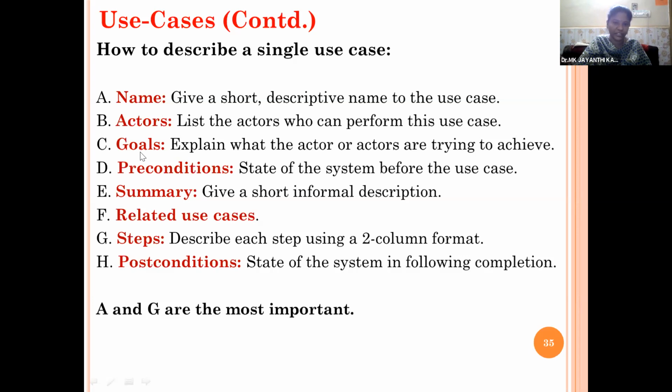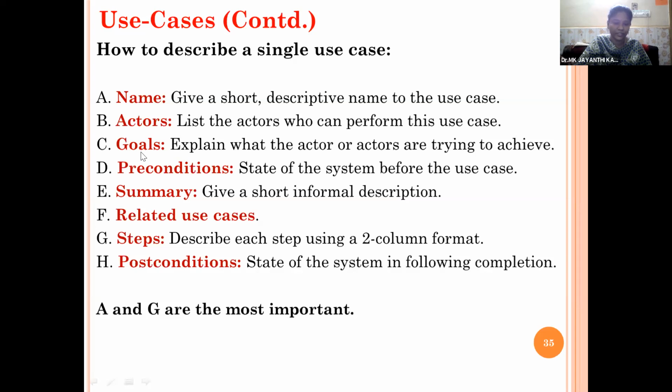Preconditions are the state of the system before the use case. Preconditions mean what are the things to be done before starting the process, or the various constraints that need to be fulfilled before starting the process. Summary gives a short informal description. So the overall scenario and overall transaction is represented using the summary.